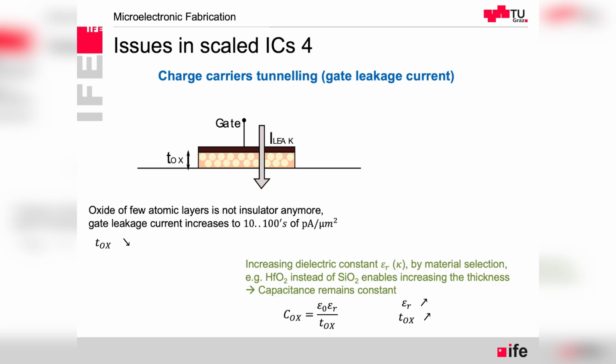So you can calculate if there are some millions of transistors, each even at the minimum size, on the chip, and then multiply it by this 10 to 100 picoamp per micrometer. So you need to get the total area of the gate on the chip, but it will come to milliamps at some point. And in order to avoid this milliamp static current consumption, because that's not because of switching, but just static, what has been done is